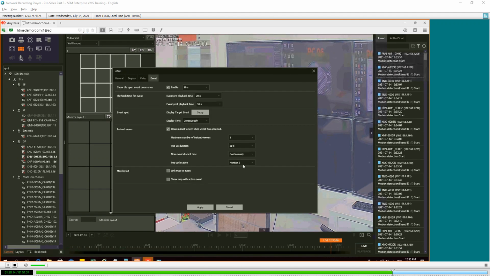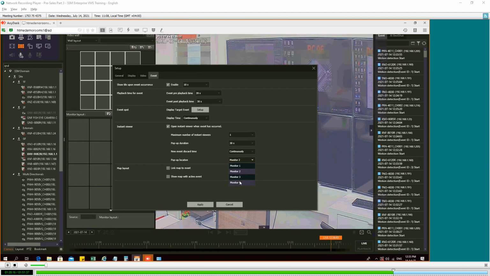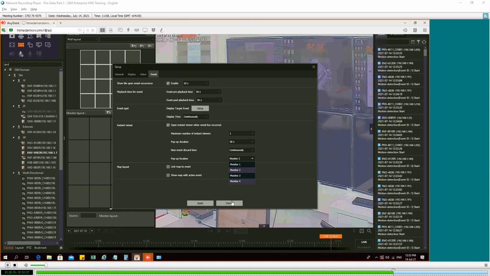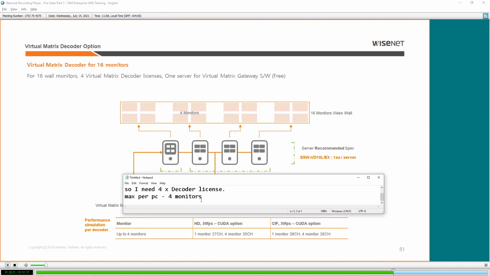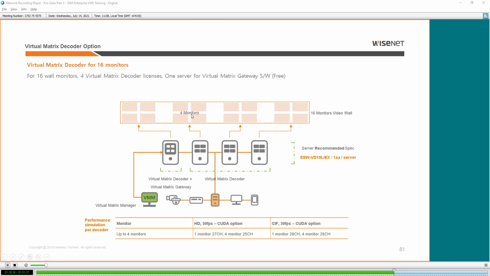For each workstation you can say which monitor to pop up. Up to 4 we can address. So we recommend up to 4. So anyway, per PC 4 monitors. So if you have 4 PCs each with 4 monitors and you want to remotely control them, then you need 4 decoder licenses. Otherwise you just install the client, free to use, no need to pay any extra license.